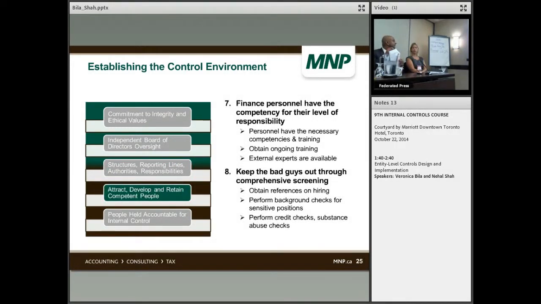So moving on to the fourth principle, attracting, developing, and retaining competent employees. We expect that the finance staff would be hiring the right person for the right job based on their qualifications. We expect to see that they're provided ongoing training as necessary, and that in the event that expertise doesn't lie within the organization, a finance group would then reach out externally to get the additional skill sets that